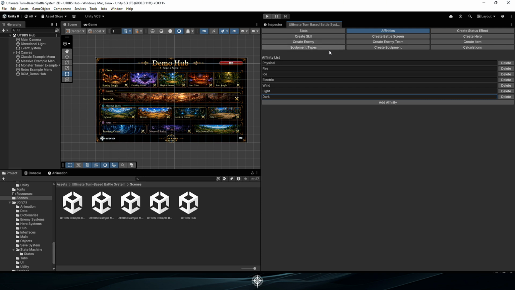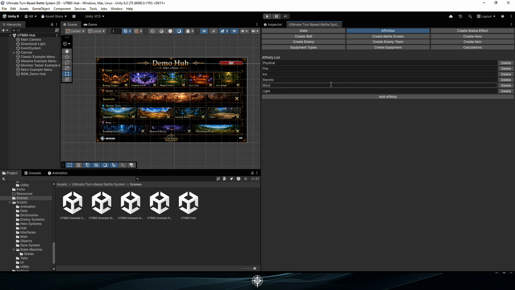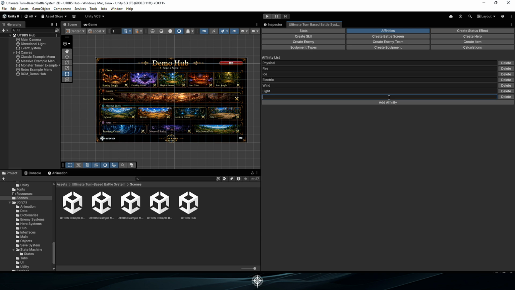Now let's look at deleting affinities. Each affinity entry has a delete button. When you click delete, the affinity is removed from the global affinity list. Be careful when deleting affinities that are already used by skills, items, heroes, enemies, or battle logic. If a skill uses fire, but you delete the fire affinity, that skill may no longer behave as expected. The same applies to heroes and enemies. If they were created with reactions to an affinity that no longer exists, you should review their data and update